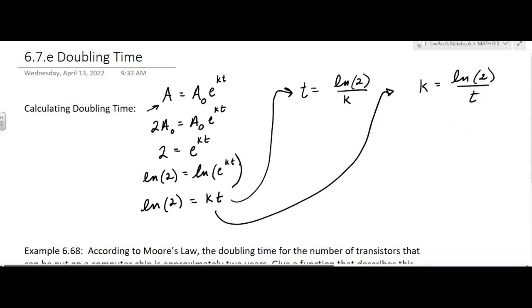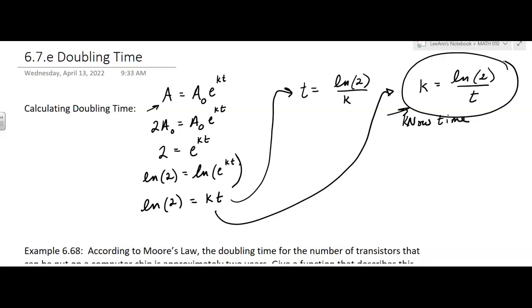In this formula, now we know time, but not the constant. So this is probably more likely. We probably are going to know how long it takes something to double, and then we have to figure out the constant. The constant, k, could be given to us in a formula, but probably that's going to make more sense to us. Now, you can put that into your formula,